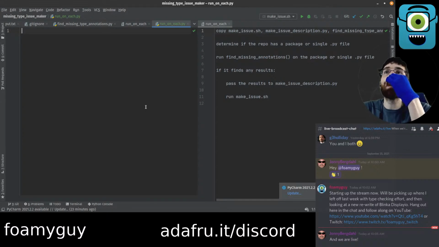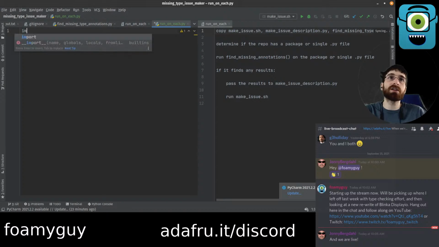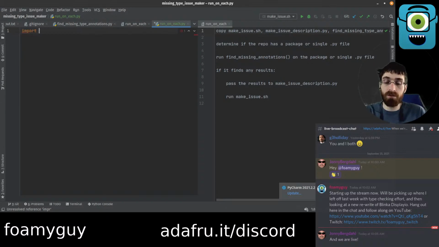Let's see here. I believe the context is, it should be in the root of each repository. So I think what I'll start out with is, let's just prove that we are actually in the root. That way we will be able to write the rest of this and be confident about what it's actually going to do. So we're going to import OS. We're going to say,